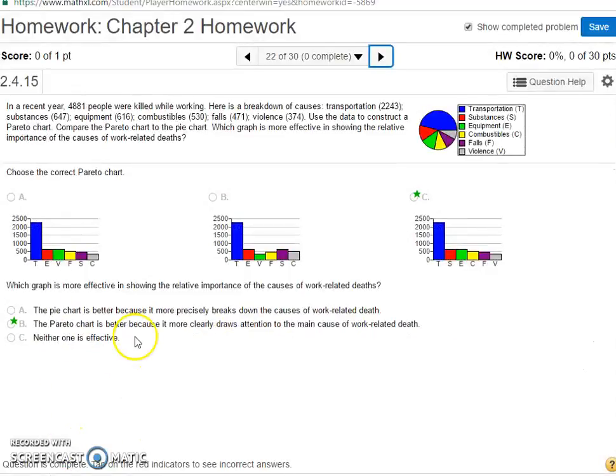So one of the things you have to be careful with on something like this is the colors do not always match up. You notice blue is T here, blue is T, blue is T, and blue is T. That's obviously the biggest, so any of them could be correct. But let's look at the gray. The gray is V